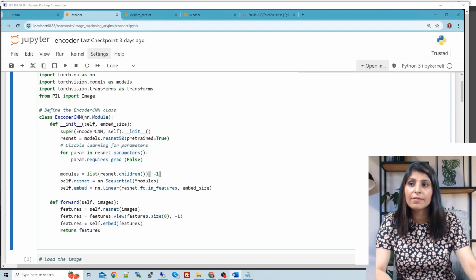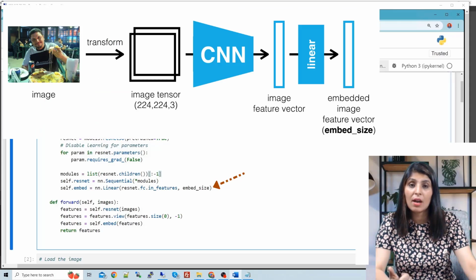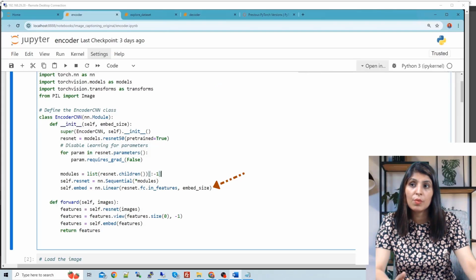Then in self.embed, we are adding an embedding layer. Guys, remember, look at this architecture. The final layer is the embedding layer, which will create an embedding vector. So that's what we are doing here in self.embed. nn.Linear will give you an embedding vector.